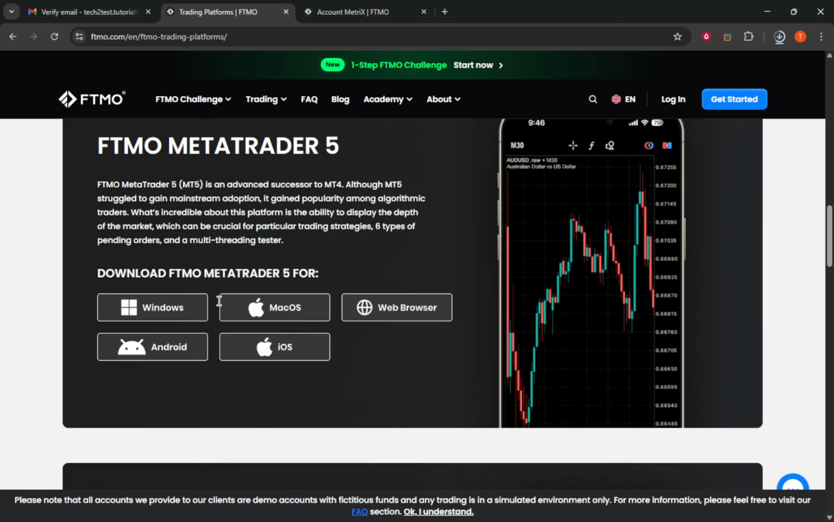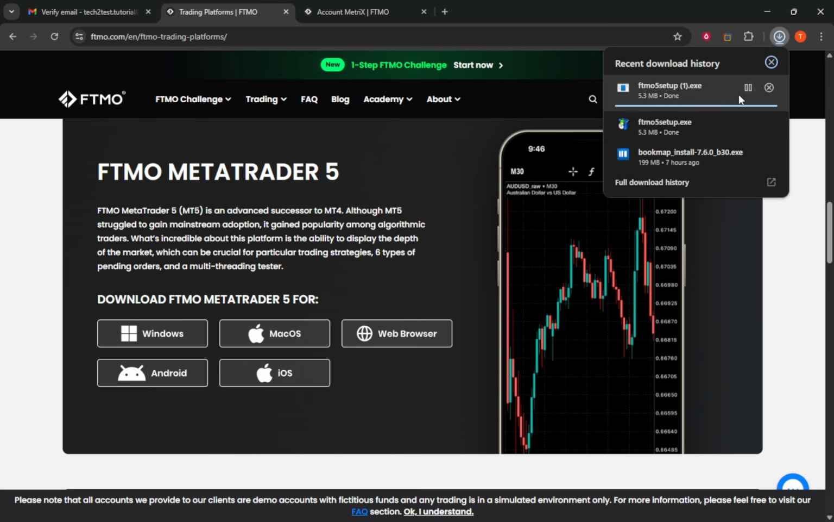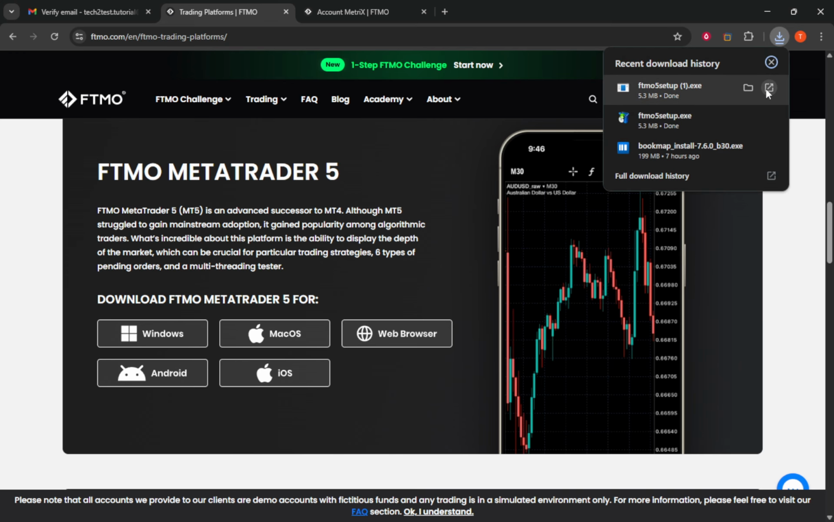On Windows, run the installer and follow the on-screen prompts. On Mac, open the downloaded app and confirm any security prompts so the installation can complete. If you choose mobile, the FTMO page will guide you to the correct store listing so you can install it like any other app. This route is recommended because it keeps you on the official FTMO path from start to